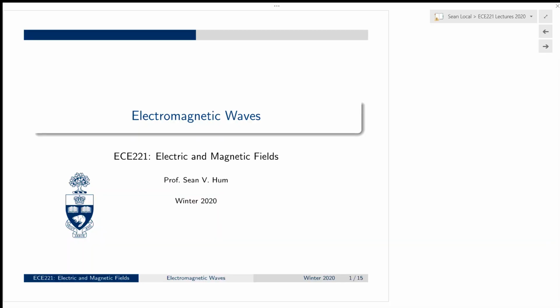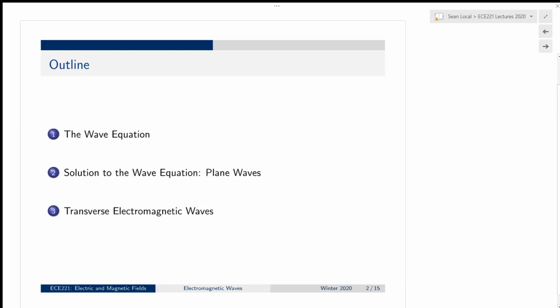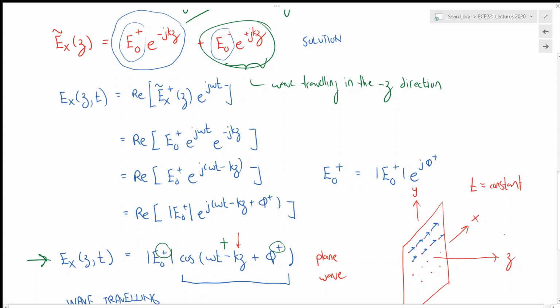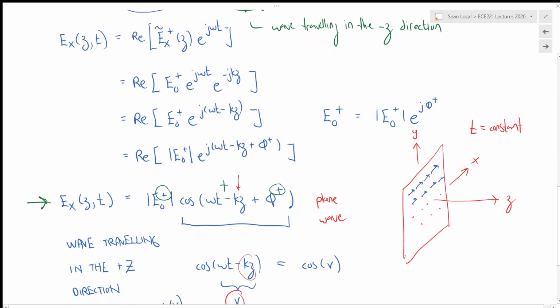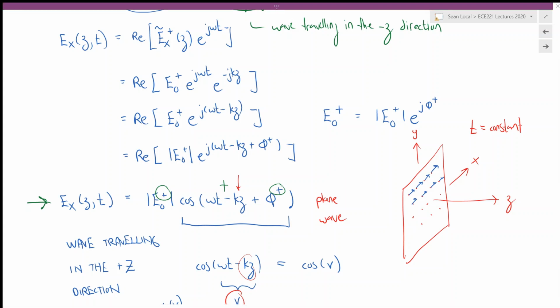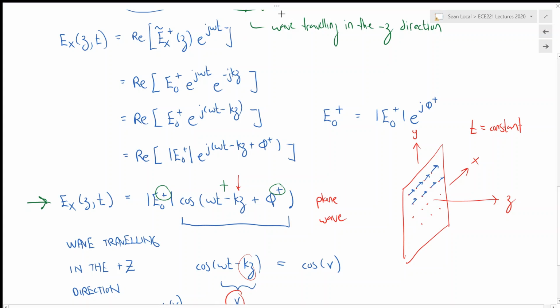This is our third lecture on electromagnetic waves, and today we're going to be focusing on transverse electromagnetic waves, of which plane waves belong to this class. So last time we had a look at the wave equation, and we came up with a very particular solution to the wave equation for the electric field, and I'll just highlight this solution here. So here is our plane wave